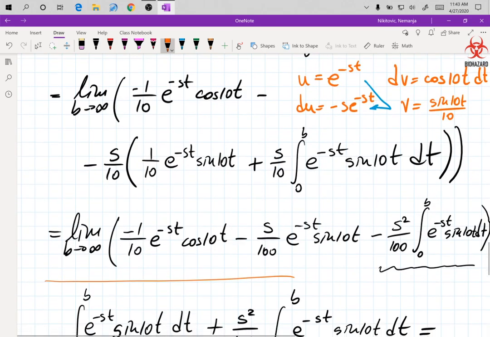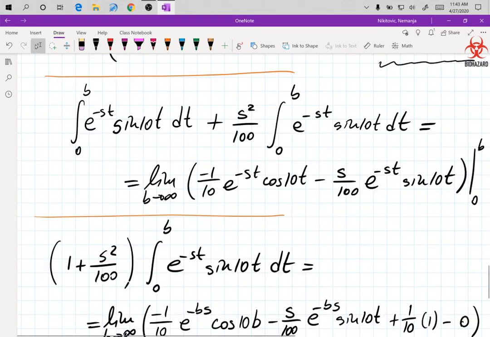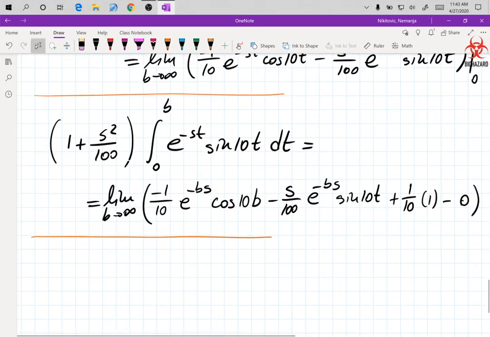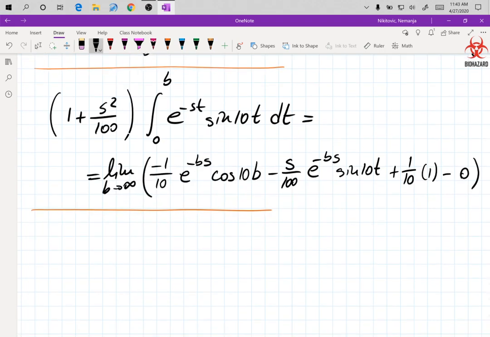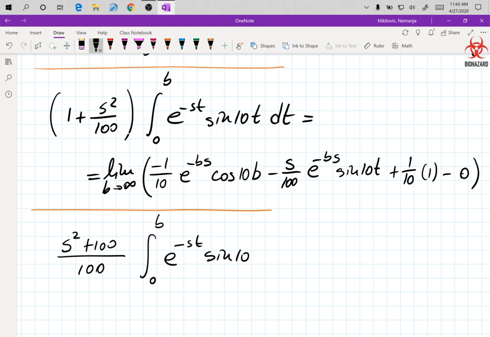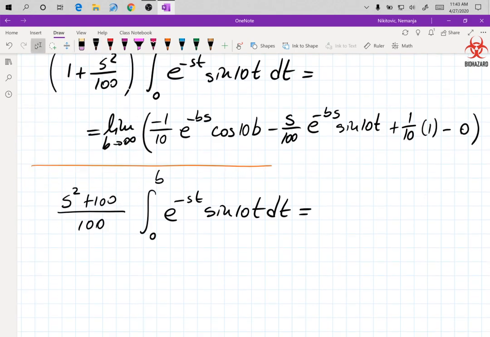So these are all separate steps. So finally now, the common denominator is 100. So I'm getting s squared plus 100 over 100, times the integral from 0 to b of e to the negative st sine 10t dt, is equal to,